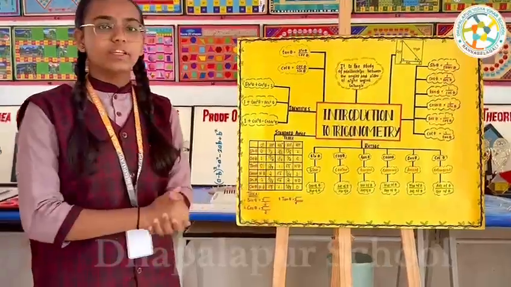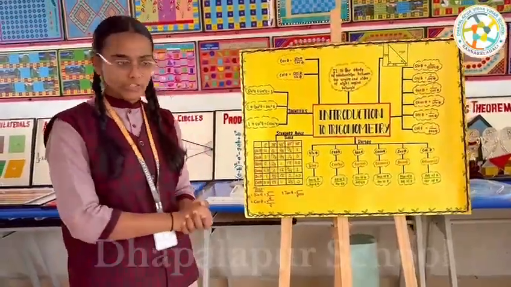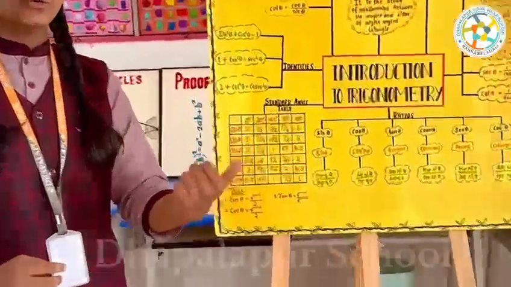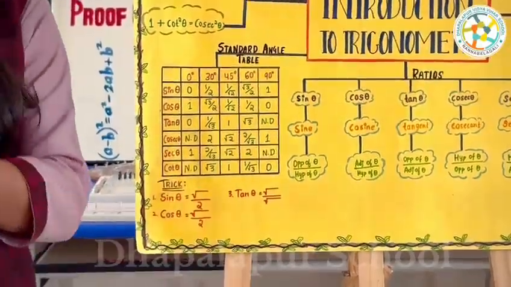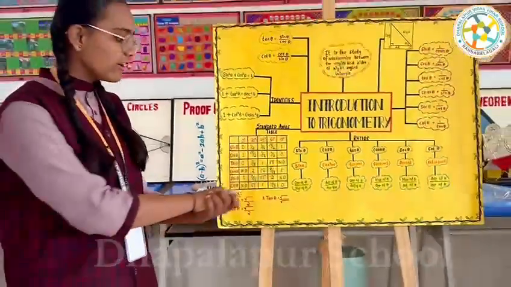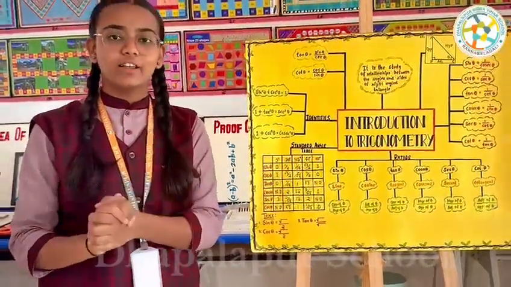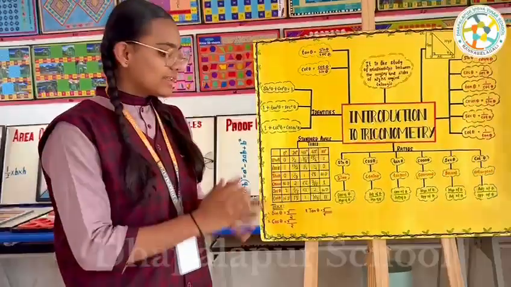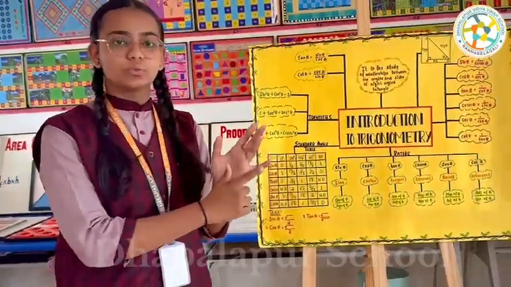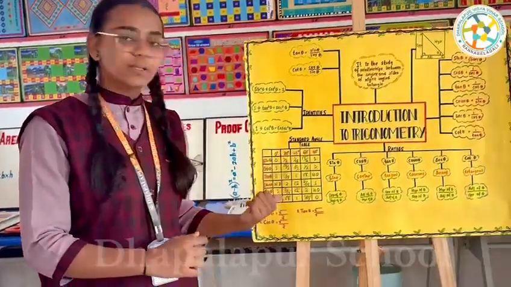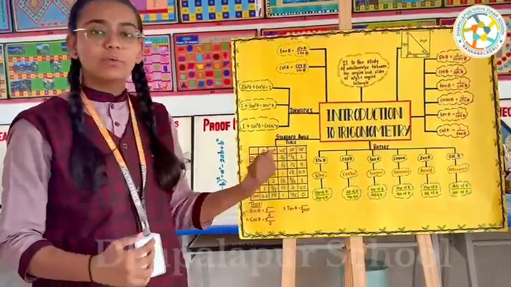Now, I have written over here 3 tricks which we can use. Sin theta is equal to root by 2, cos theta is again root by 2, tan theta is equal to root by root. Now, in this trick, under root we are going to substitute the value that I am going to tell you now. For sin theta, we are going to count the downward fingers, that is 1. And therefore we substitute under root, that becomes root 1 by 2. And the sin 30 value is 1 by 2.